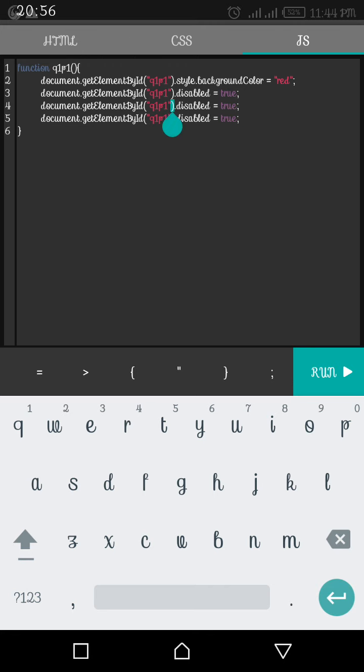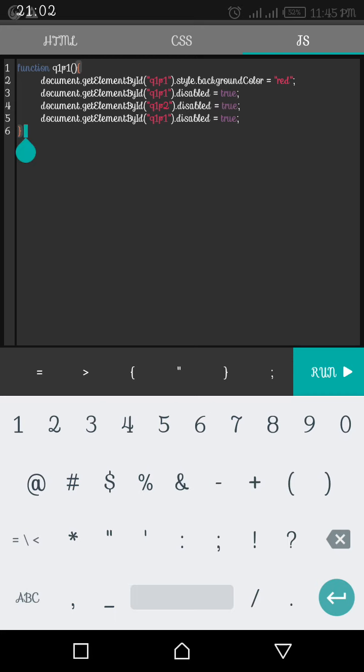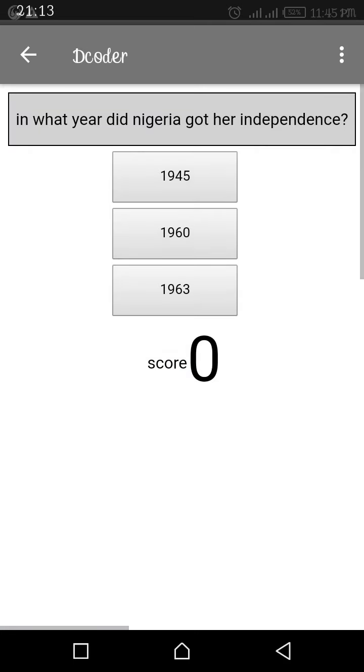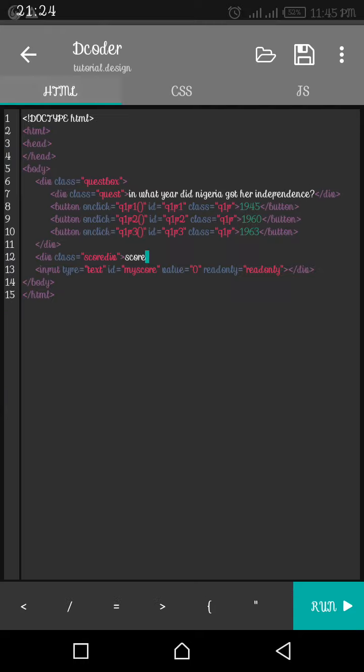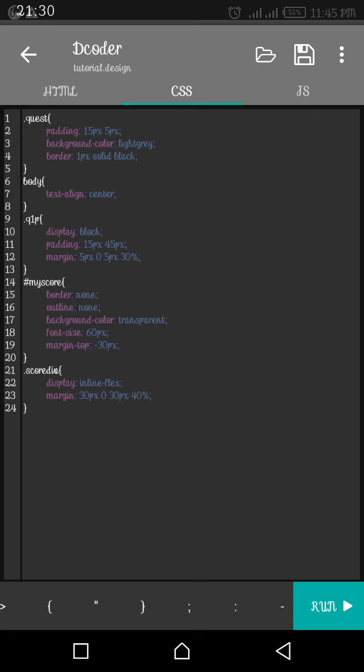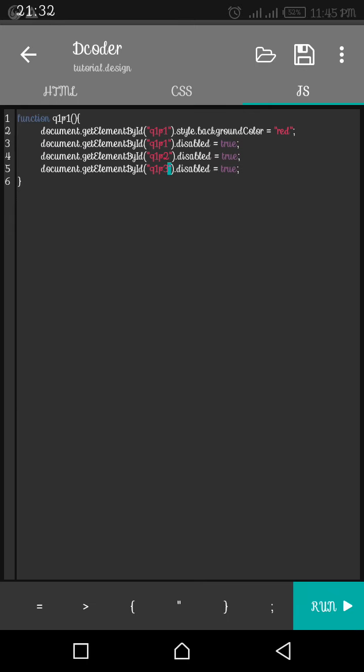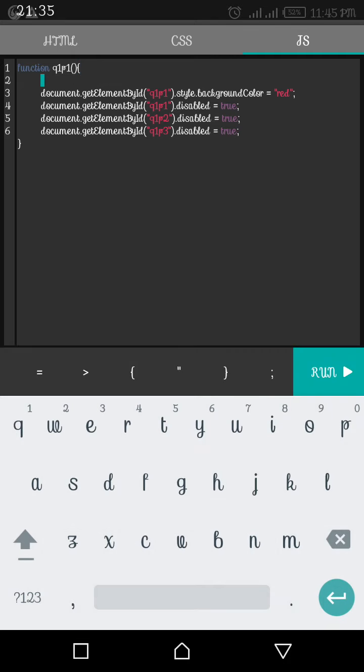This is q1 p1. This will be q1 p2. This will be q1 p3. Disabled. Now let's see what we've done. And we click this. Now other buttons are disabled, including it too. Now what will happen here? Now this our value, which is my score value. Then my score value now, let's say here,